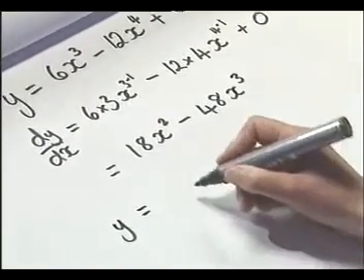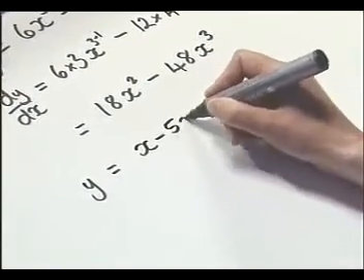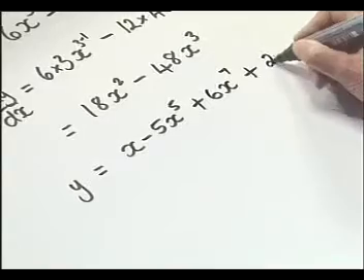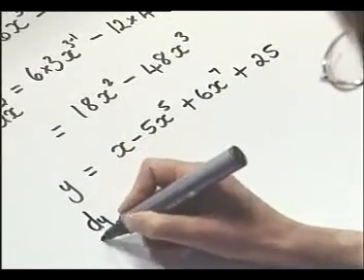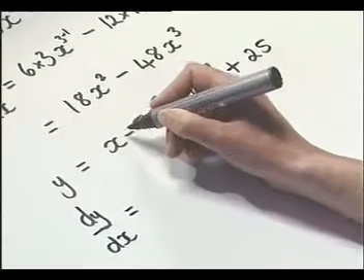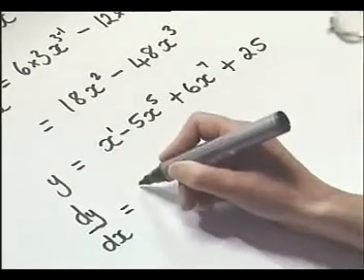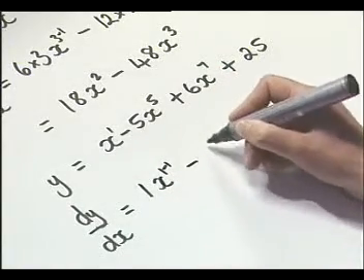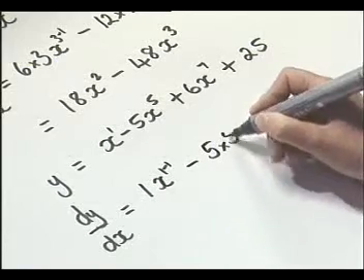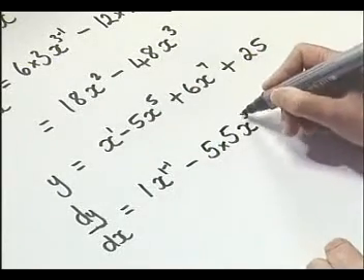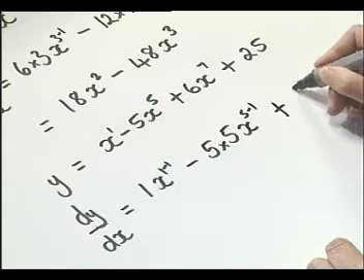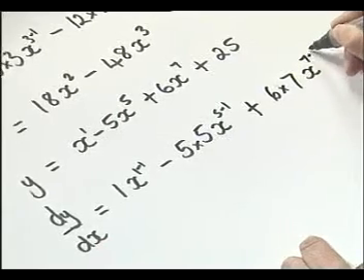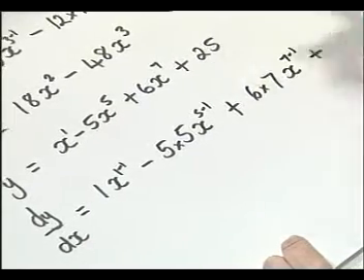Let's try another one. Y equals x minus 5x to the power 5 plus 6x to the power 7 plus 25. So our derivative, dy by dx, equals, now this is x to the power 1, so 1 times x to the power 1 minus 1, minus 5 times, bring the power down, 5 times x to the power of 5 minus 1, plus 6 times, bring the power down, 7, multiplied by x to the power of 7 minus 1, plus the derivative of 25,